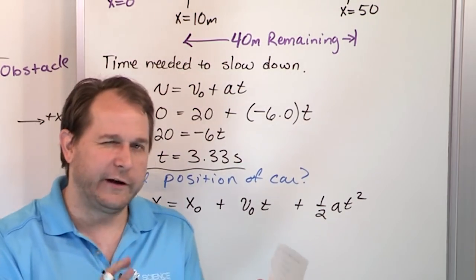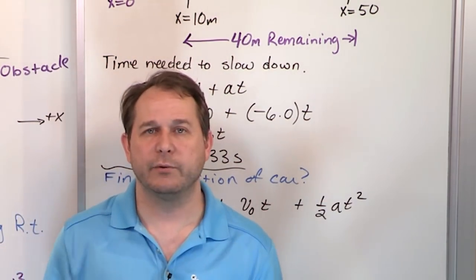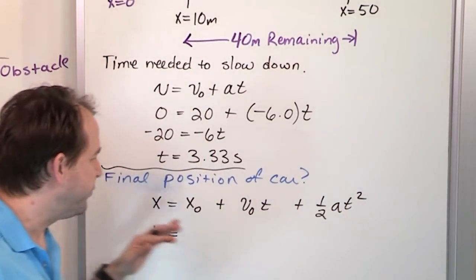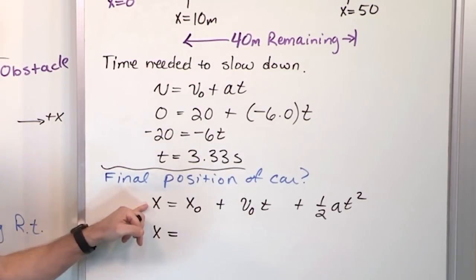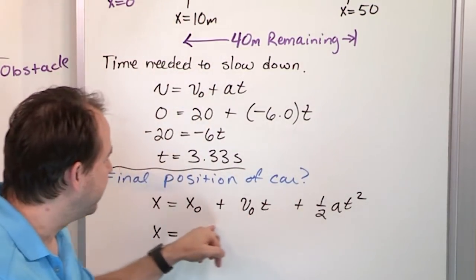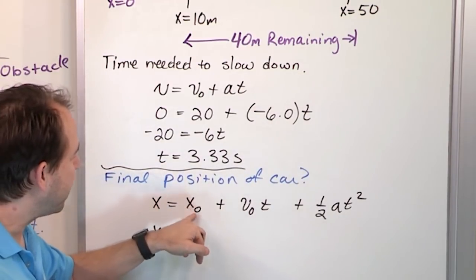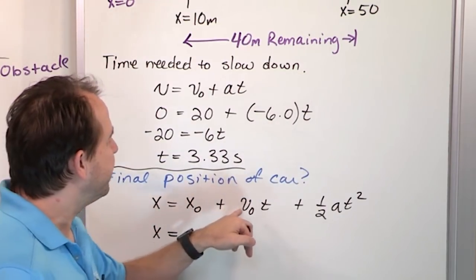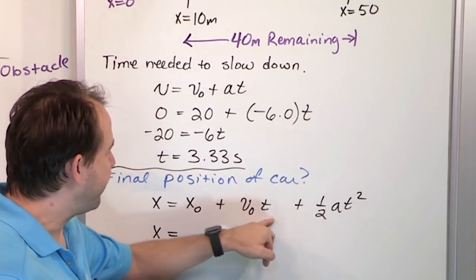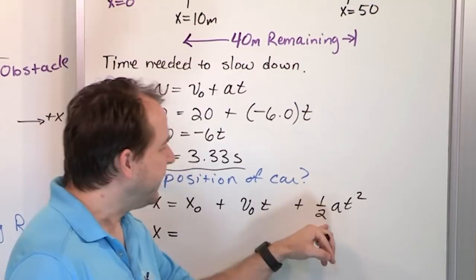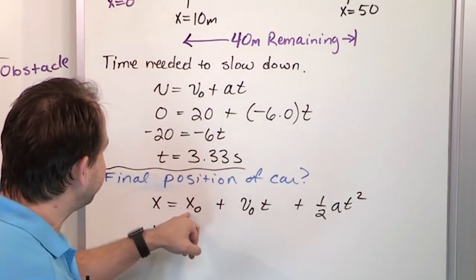See, now you're switching gears a little bit. In the previous equation, we just used it to calculate how long it would take to slow down. Now we're trying to put it all together, and this is going to be the final answer. What is the final position of the car? Well, this equation, remember what it means. This is why I spent time talking about what it means. The final position of the car is going to be wherever the car starts from, plus the initial velocity of the car times time. That's how far it goes due to its initial speed, plus how far it goes due to its accelerated motion. So the initial position of the car,